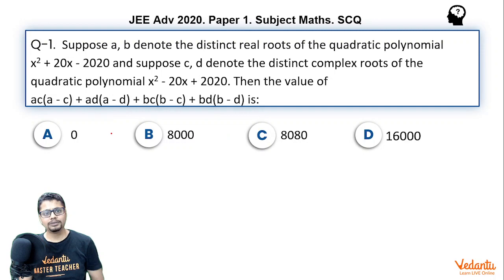Now here clearly the first equation has two distinct real roots, the product of roots being negative. And the second equation clearly has two imaginary complex conjugate roots, given that all the coefficients are real and the discriminant is less than 0. Now what has been asked can be found out in a poor way by finding the roots A and B and C and D and putting them here. But there are better ways of doing this.